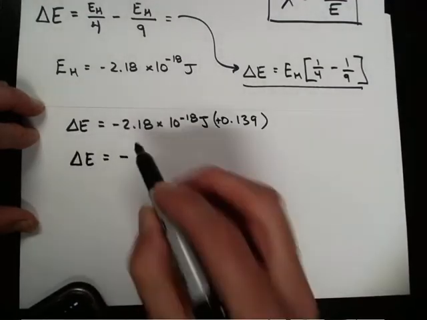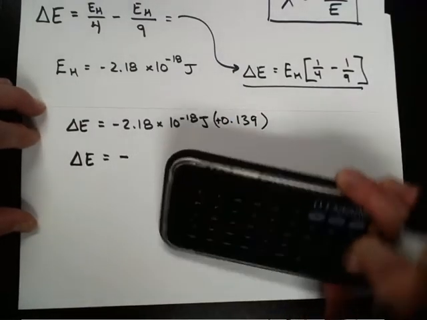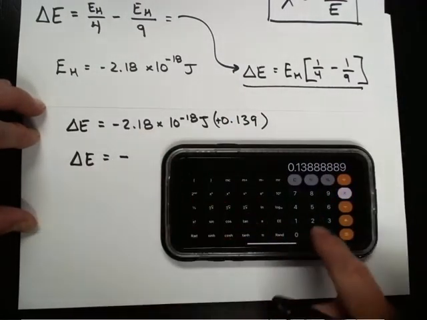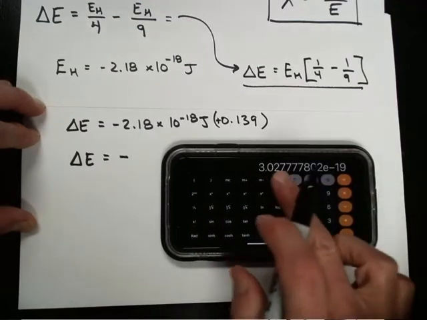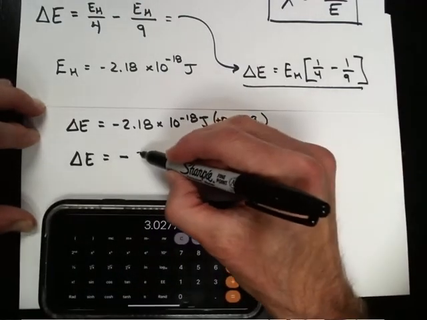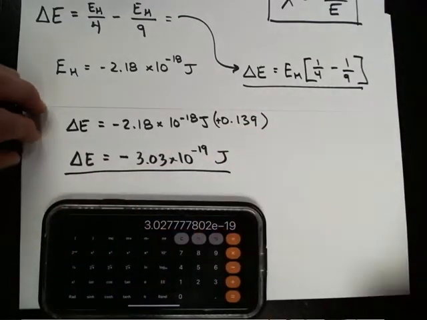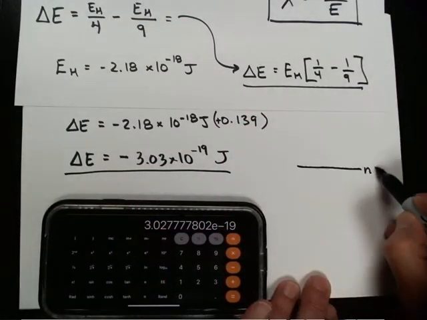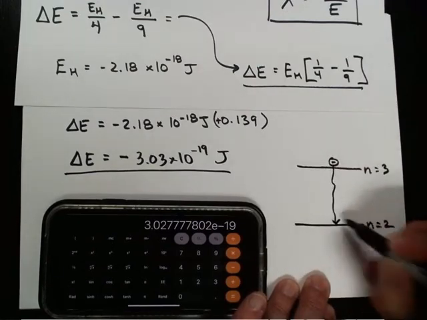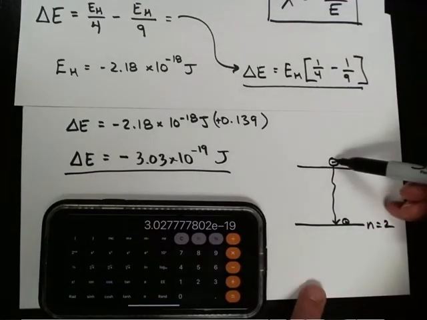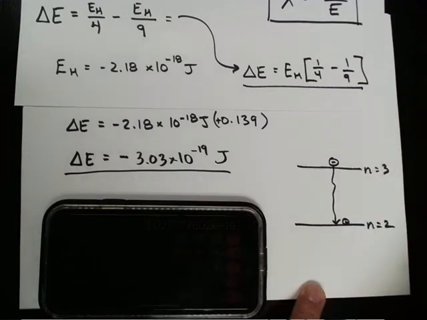Delta E is negative this times this, so let me do this multiplication, 0.139 times 2.18 times 10 to the negative 18, 3.03 times 10 to the negative 19. That's the change in energy as an electron goes from the n equal 3 down to the n equal 2 shell of a hydrogen atom. And this just means that the negative sign means that the hydrogen atom